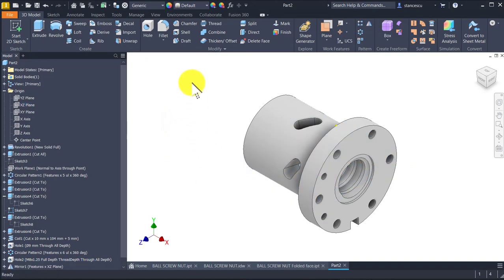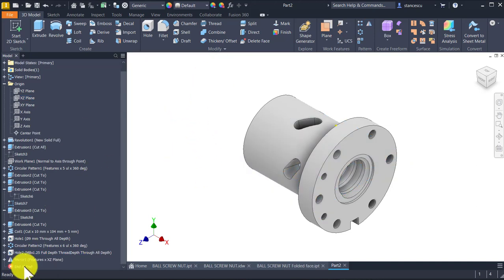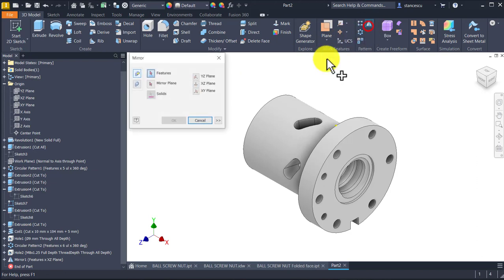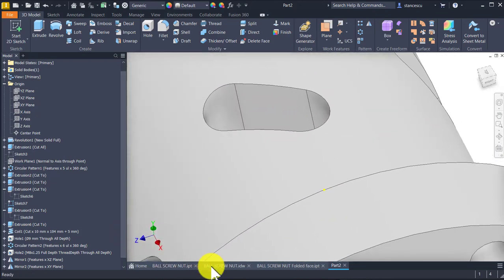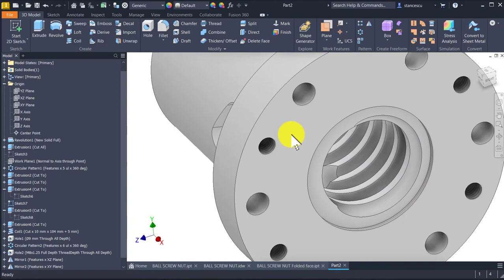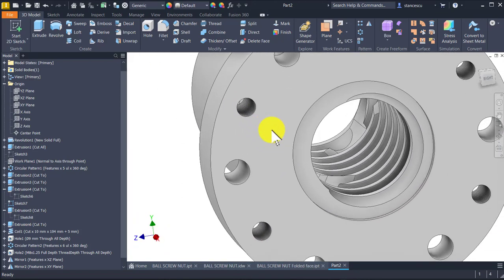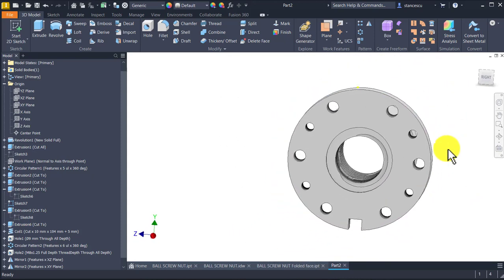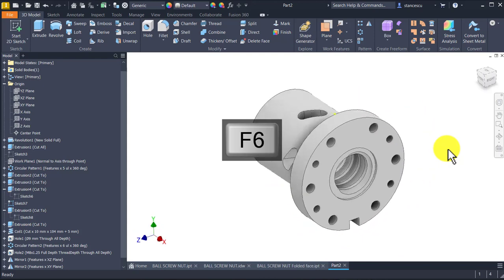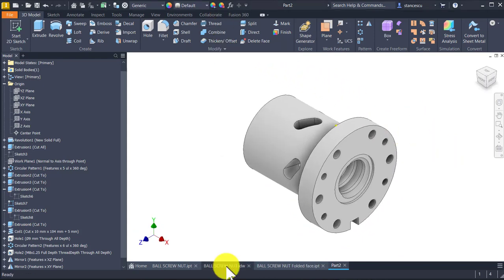Okay. And then both holes, but the plane is XY. Okay. You see there are metric 8, 1, 2, 3, 4. Okay, on the other side,